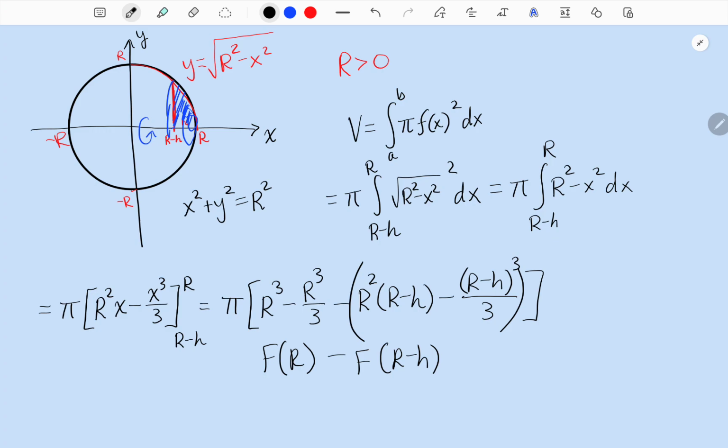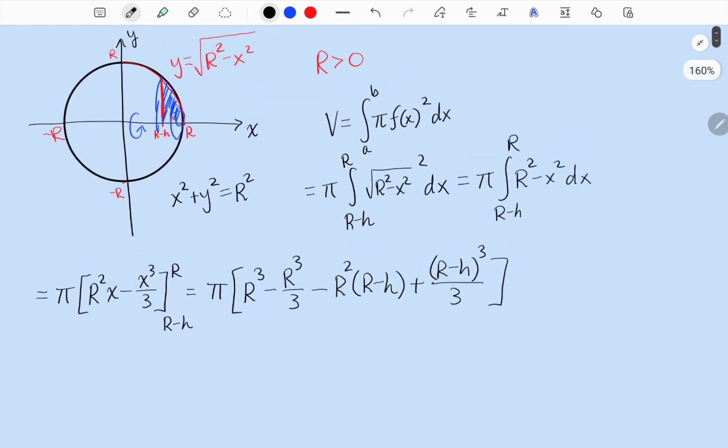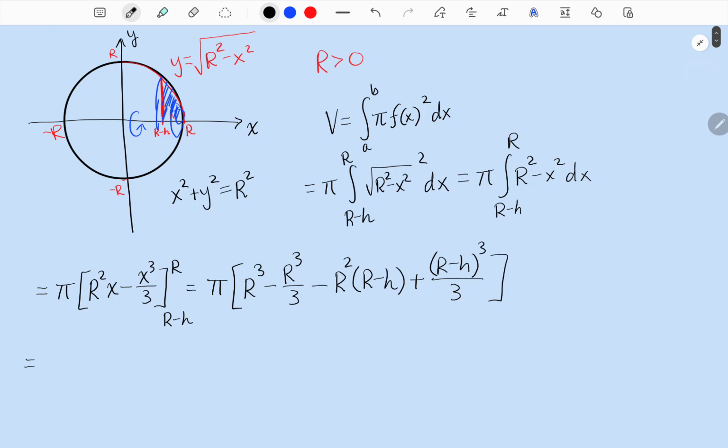Okay, but here this negative you can distribute. So this negative distributes with that, that becomes positive. So now this becomes positive. Can we simplify anything? Let's see, this is equal to pi times r cubed minus r cubed over 3, that's 2/3 r cubed, or 2r cubed over 3,